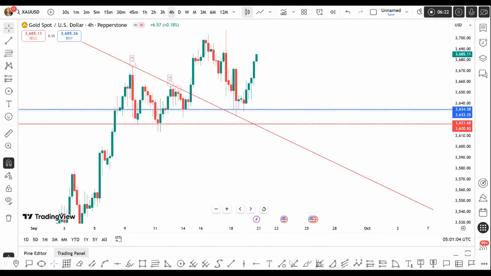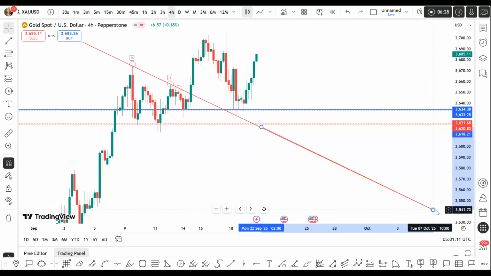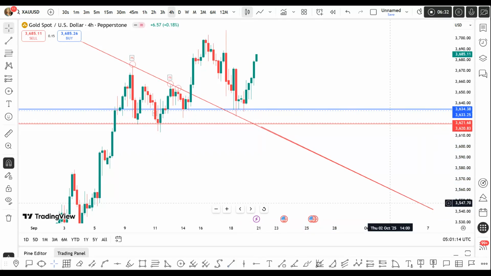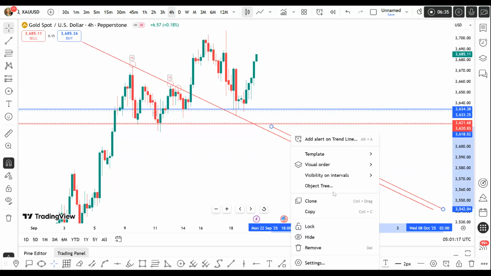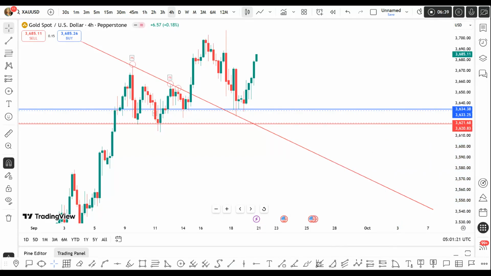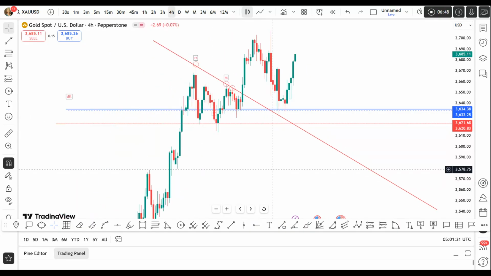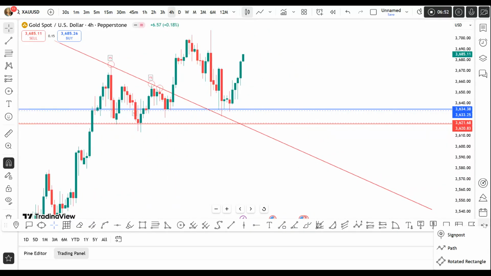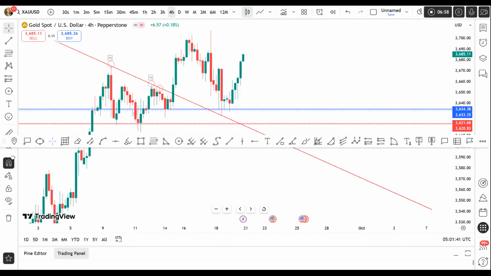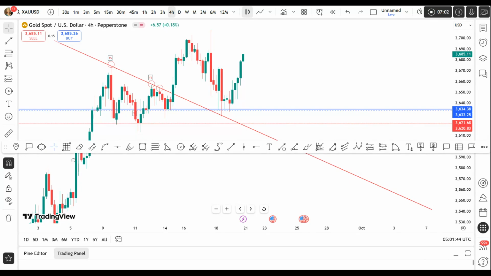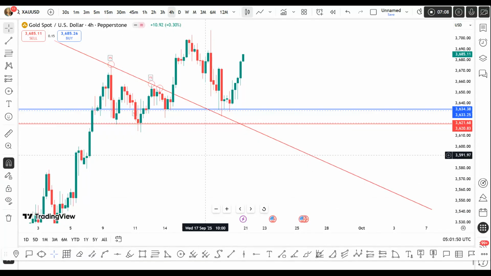So on technical, on 4 hours, it puts here as a potential roof is going to be our okay. So in the future,